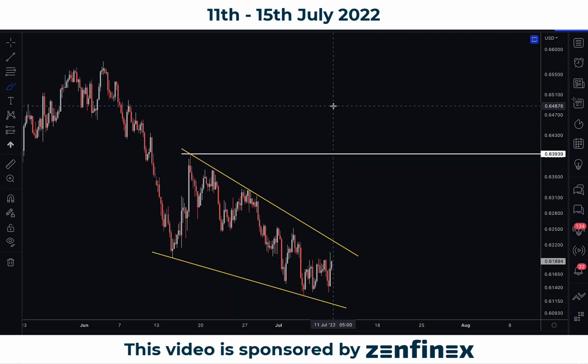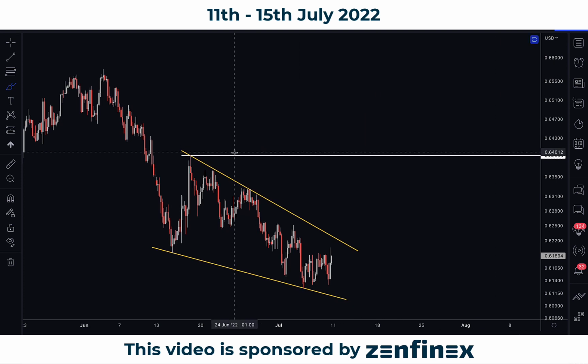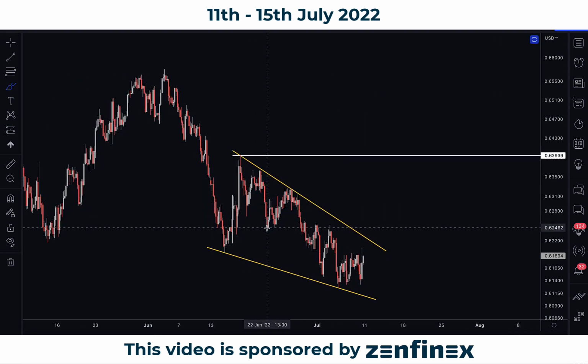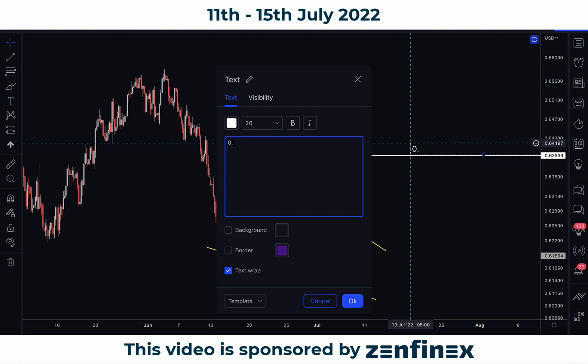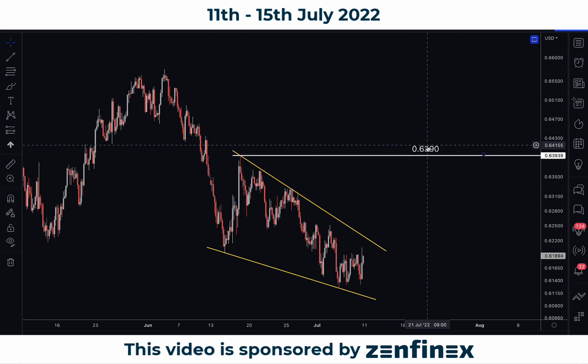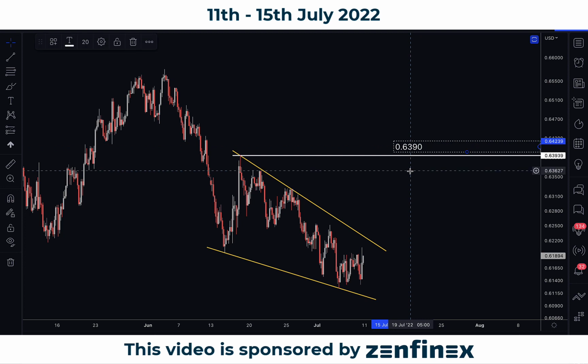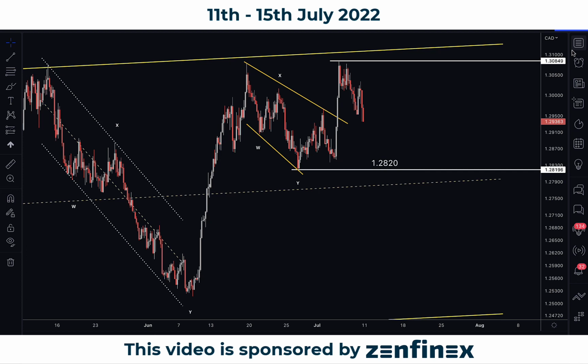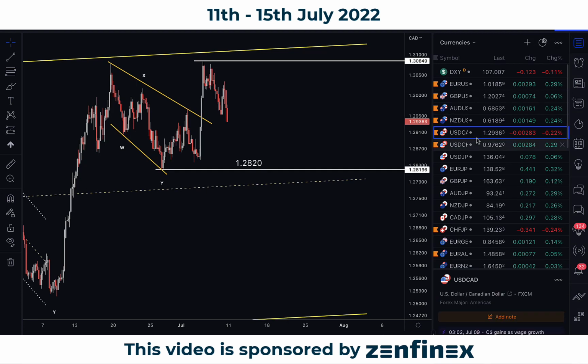Very similar, of course, is the Kiwi. You can see the pattern here looks rather similar in nature. So same thing over here, we're looking for a buy opportunity. In terms of the final target for the Kiwi dollar, it will be around 0.6390. That will be the zone to look for your target. Okay. Now, last one in terms of the commodity currencies, and then we'll move on to the franc and the yen.